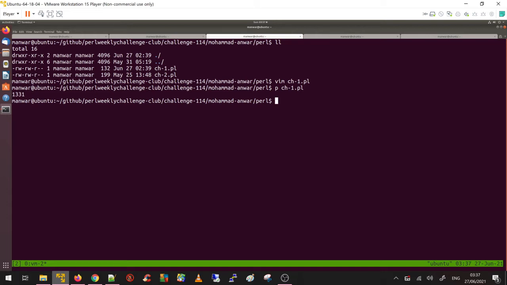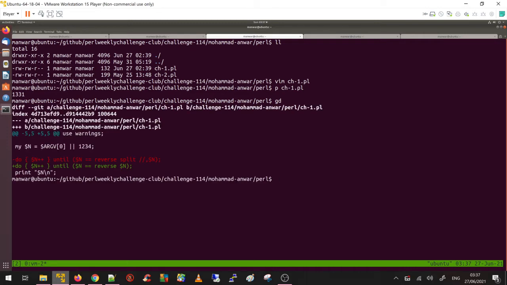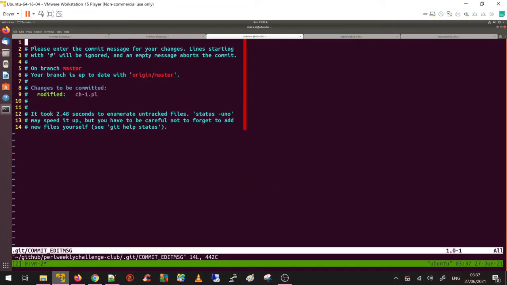And just to prove the point that nothing else has changed, if I do git diff, according to the git diff, the only thing changed is I removed the split and comma. So that was a good suggestion. Thank you, Dave Cross. So I can safely commit my changes. So git add and just commit it. Git commit and say applied suggestion by Dave Cross